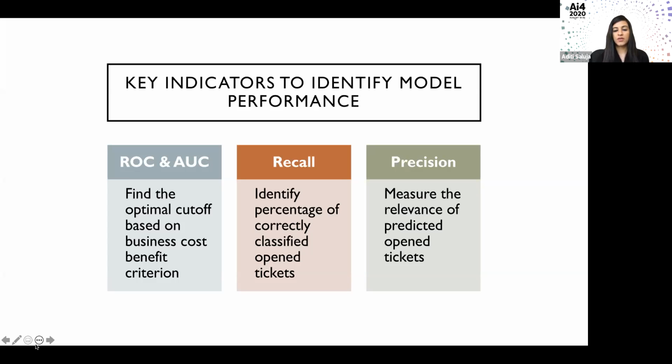The third metric that was important for me was precision. It gives the information about the performance with respect to false positives, because recall sometimes comes with a cost. That's the reason why I had to look at precision as well, to be able to identify if I'm not capturing a lot of false positives in my model.